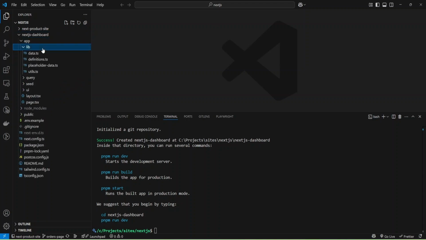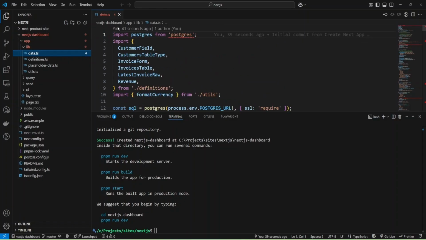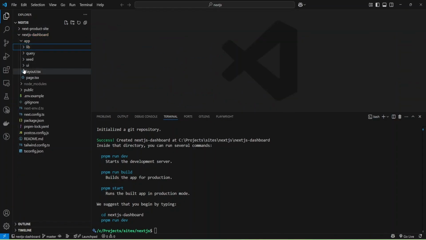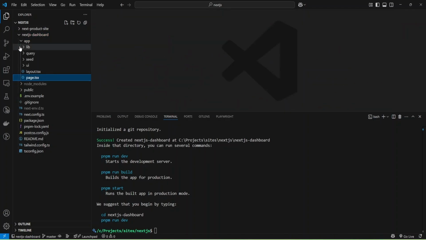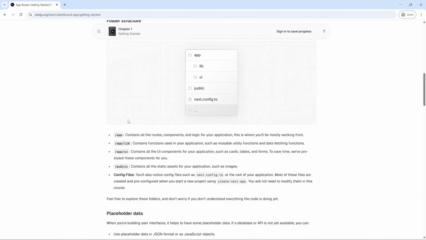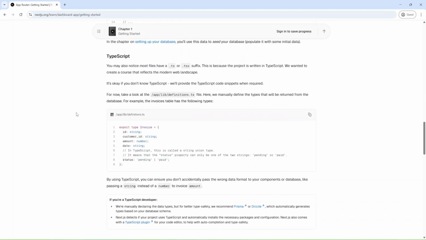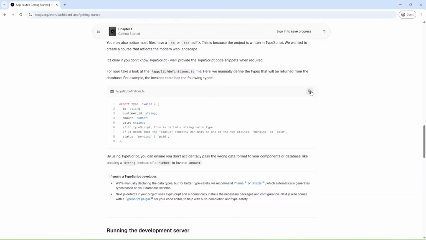We have app, lib. Inside the lib, we have some code, and also we have page. Okay, and let's check what's next. And we export it, and we have some invoice inside app lib.